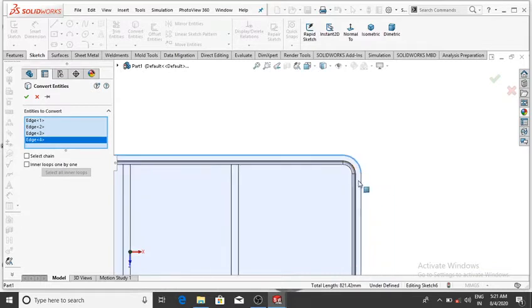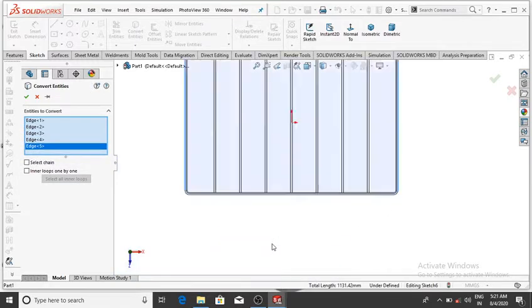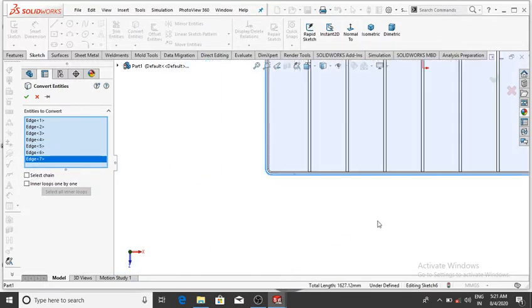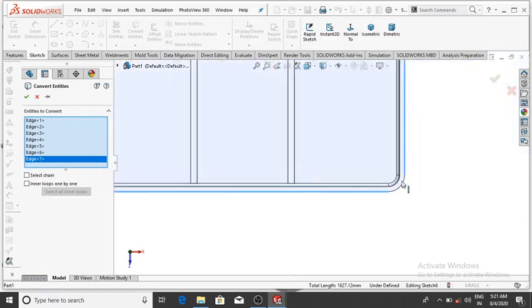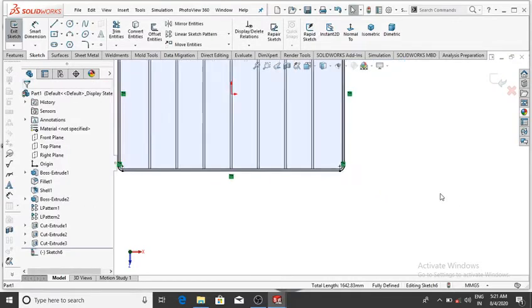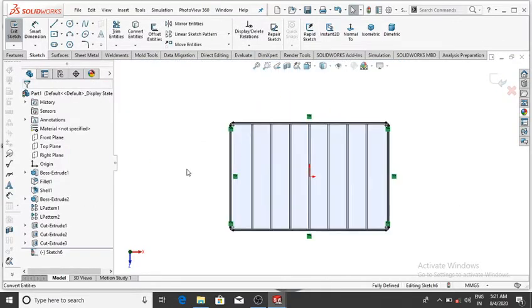So select separately. So select this line and now select this line and this line and the last one this line, and make it convert entity, and from this we make the offset from this of 10 mm.